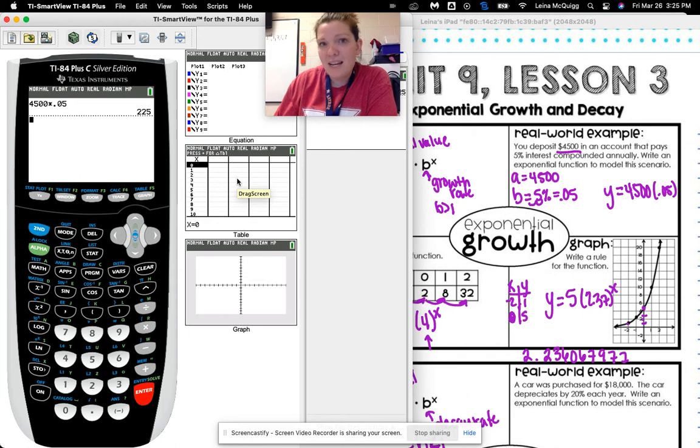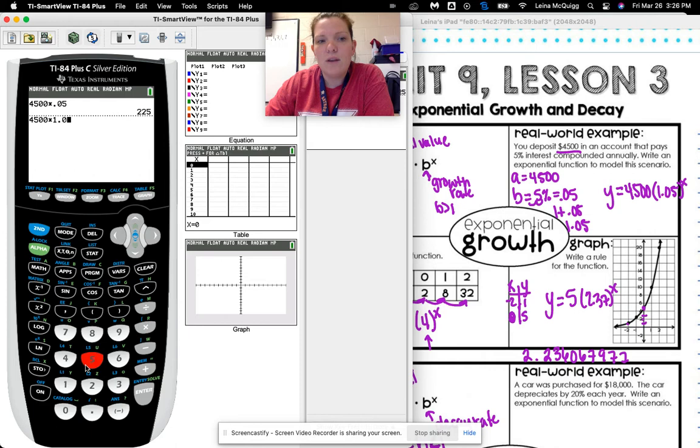So my rate is going to be 1 plus the percent. Whenever I have a percent, I want to add 1 to it if it's growth. If it's decay, we're going to subtract it from 1, okay? So we're going to do 1 plus 0.05, so we'd have 1.05. So my equation would be 1.05 to the power of x. So let me show you what that looks like. 4,500 on one day would be times 1.05 equals